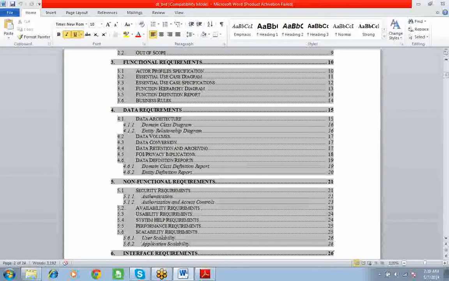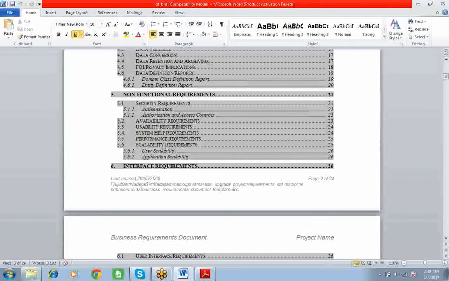Next one is non-functional requirements. Non-functional, you know, right? Performance, security, quality, that's what they are here. Security requirements: authentication or authorization and access controls. Of course, security means passwords, firewalls. Authorizations, authentications means firewalls, right? Passwords, right? Availability requirements.